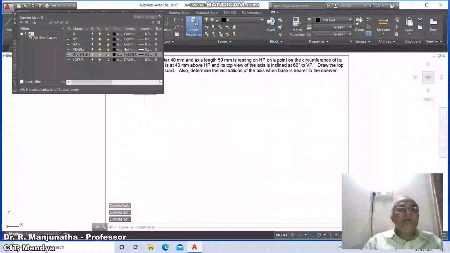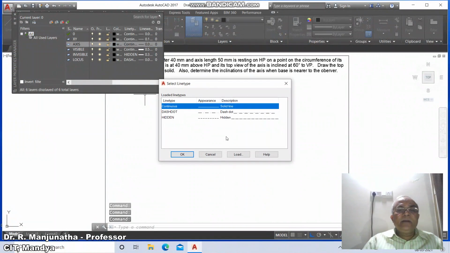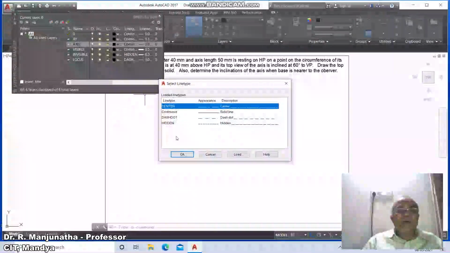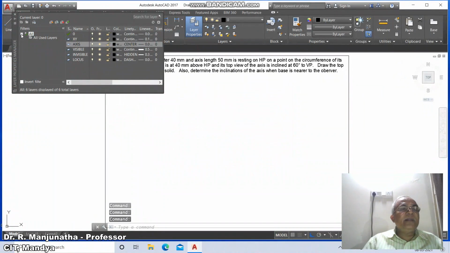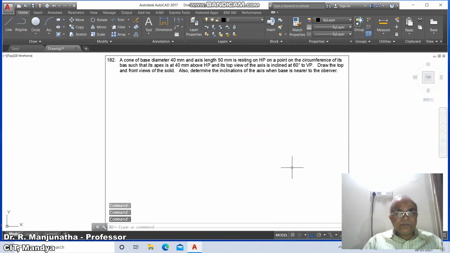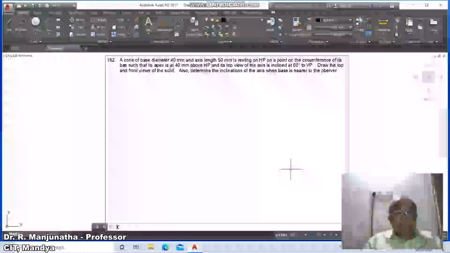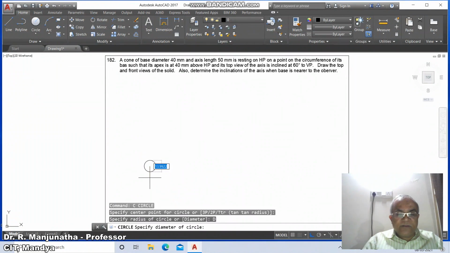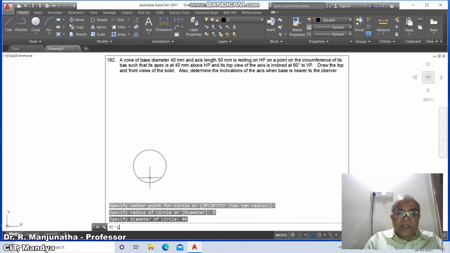Then similarly go to the axis line type, click on that and go to load and type C, center, say OK. Click on center and say OK, and finally you just come out of the layer command. Now we will go for a circle, take the circle of diameter 40, then go to line, draw